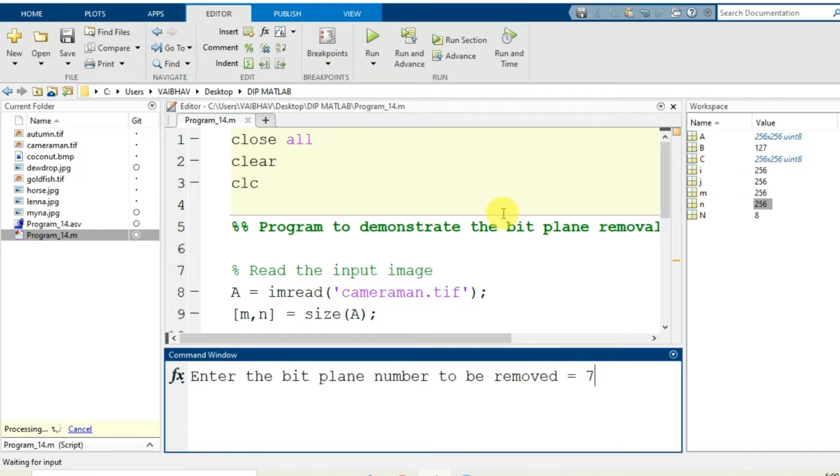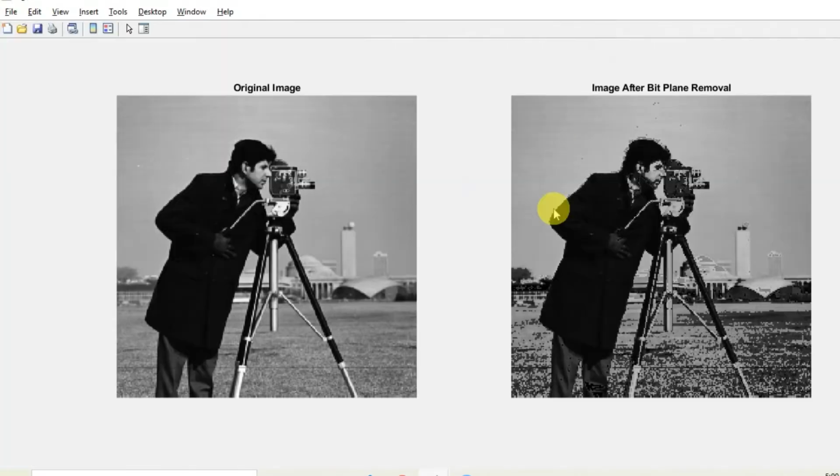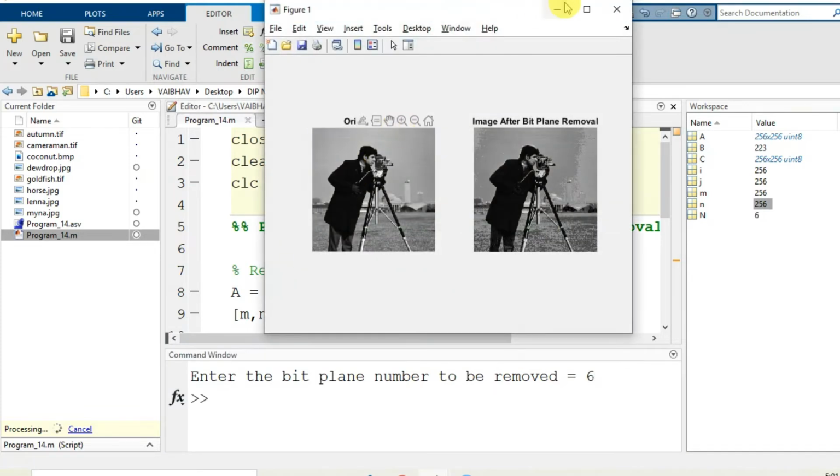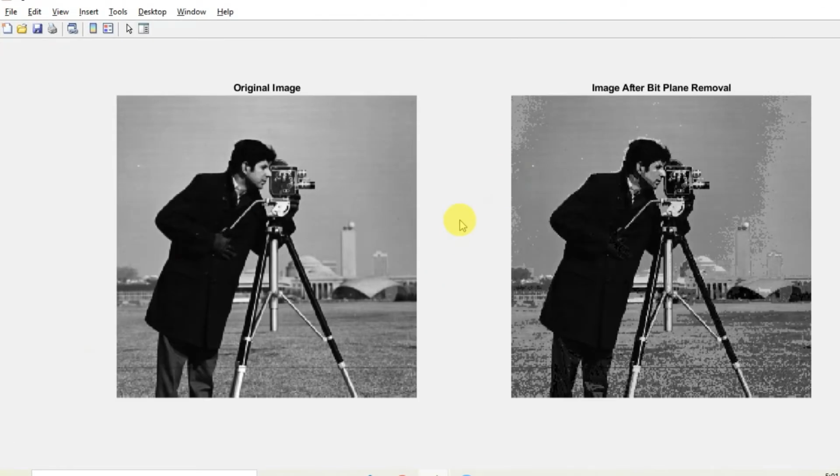Now if I put the value 7 here and hit enter, you see the distortions have been reduced to a certain extent as compared to the earlier output when the most significant bit plane was removed. I run this program again, and lower the number to 6. Again some distortions have got reduced.